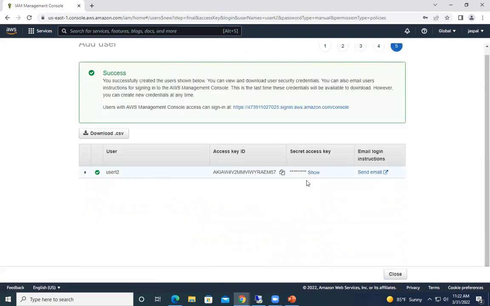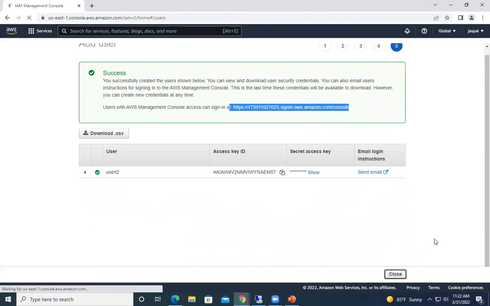So you can download again the credentials, and you can just keep this console over here in order to log into that user. Now coming back to the